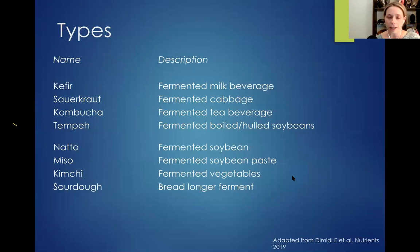And there are different types, and Pat will get into some of the specifics of the different fermentation products with sauerkraut, but I wanted to just give a broad overview. Again, we had some nice pictures. Kefir is a fermented milk beverage, and a lot of the research has focused on this in the past. So again, there may be different funding sources of research. We're also going to not talk about yogurt and cheese today. Sauerkraut is a fermented